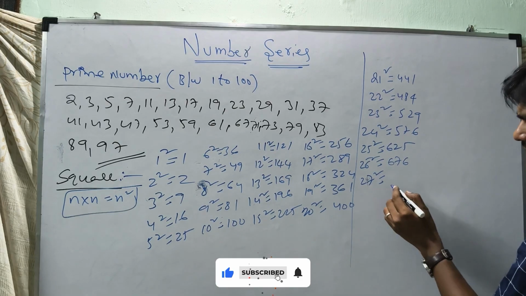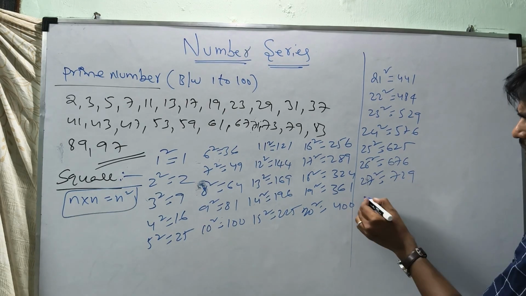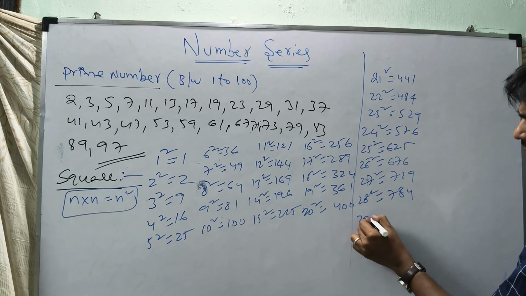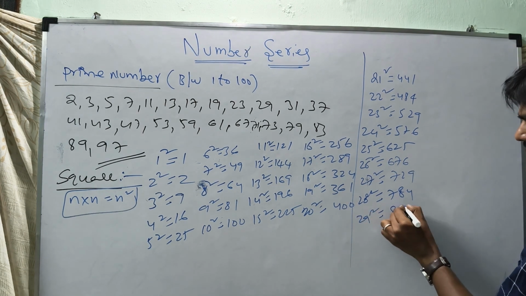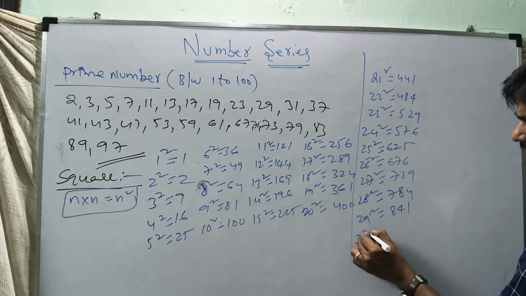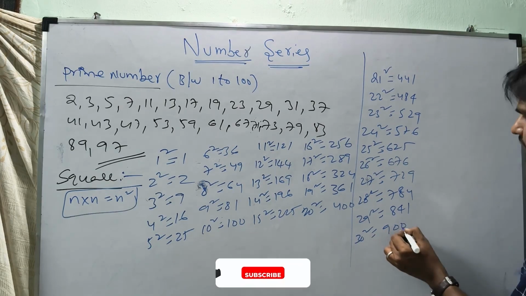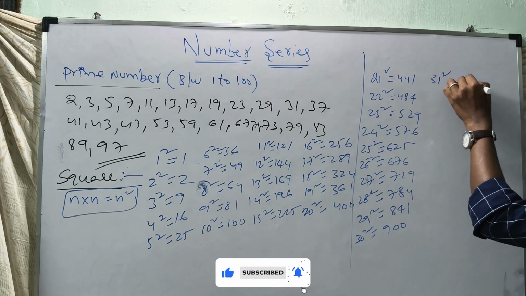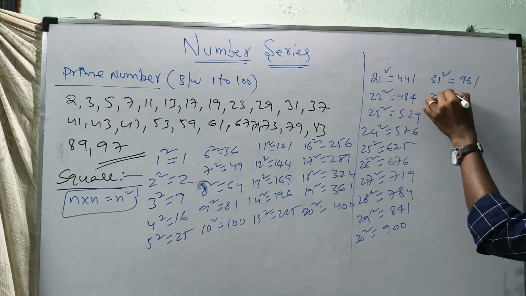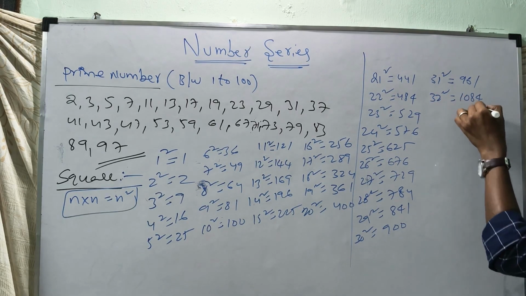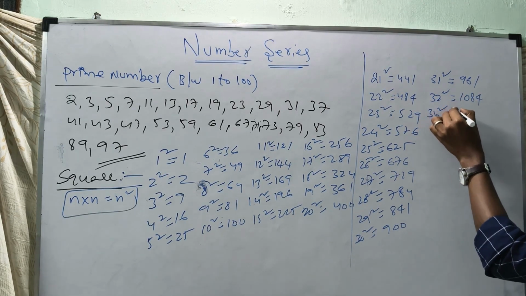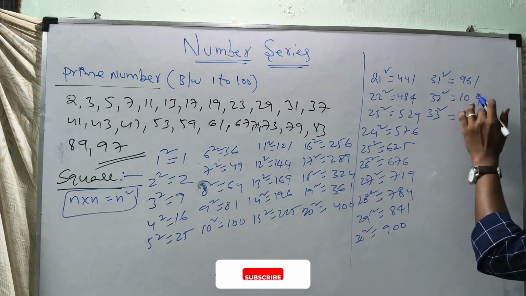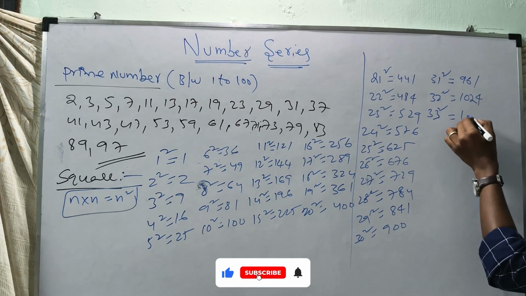27 square 729. 28 square 784. 29 square 841. 30 square what? 900. Next, 31 square 961. 32 square, sorry, correct, 1024 this one. 33 square